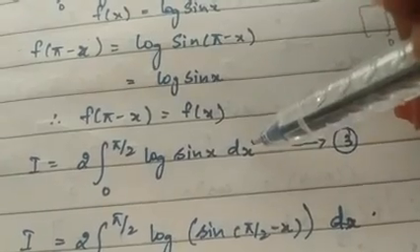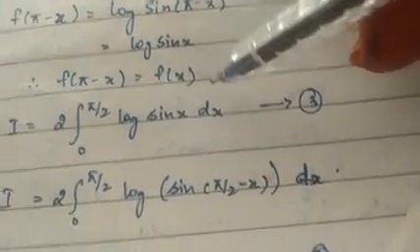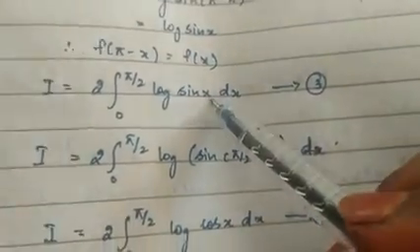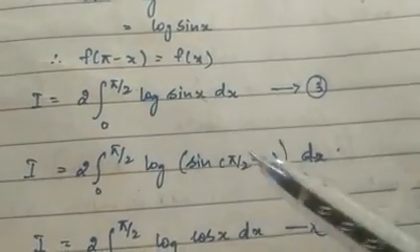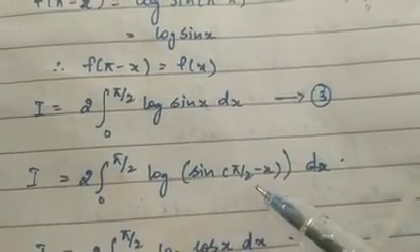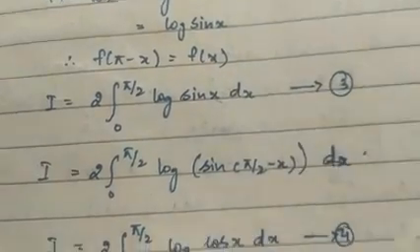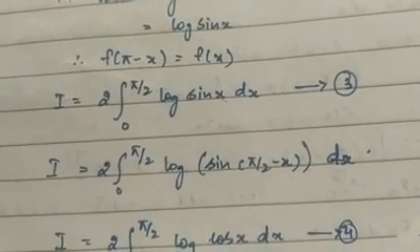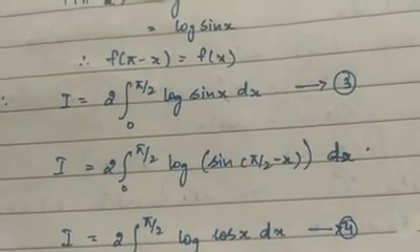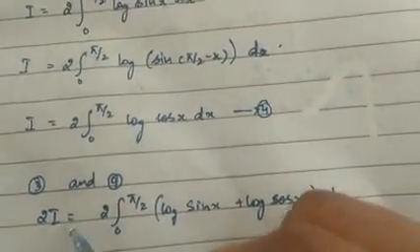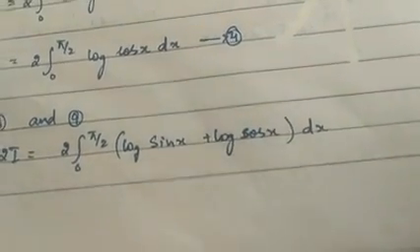After that, what we have done in the example, the same procedure you need to do. I will just explain what we have done. If it is pi by 2, you will be applying the property and writing x is nothing but pi by 2 minus x. Now, sin of 90 minus theta is nothing but cos theta. When you are applying the property integral 0 to a f of x dx is equal to integral 0 to a f of a minus x dx, you need to add the first integral and the integral after applying the property. When you add it together, you will be getting 2 times, here 2 is there, 2 into integral 0 to pi by 2 of log of sin x plus log of cos x dx.